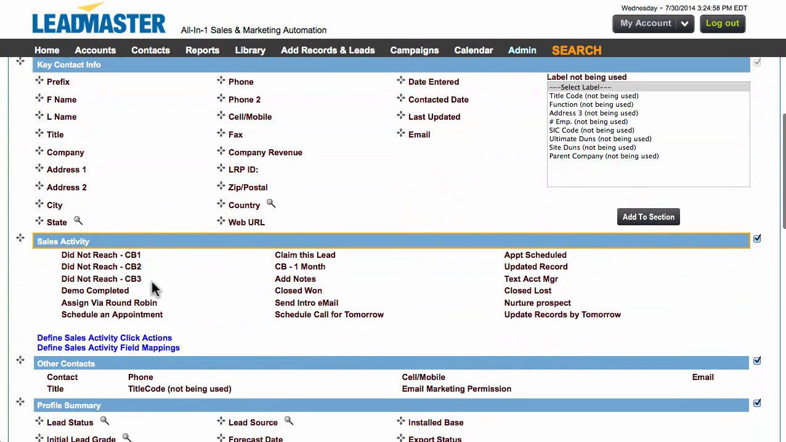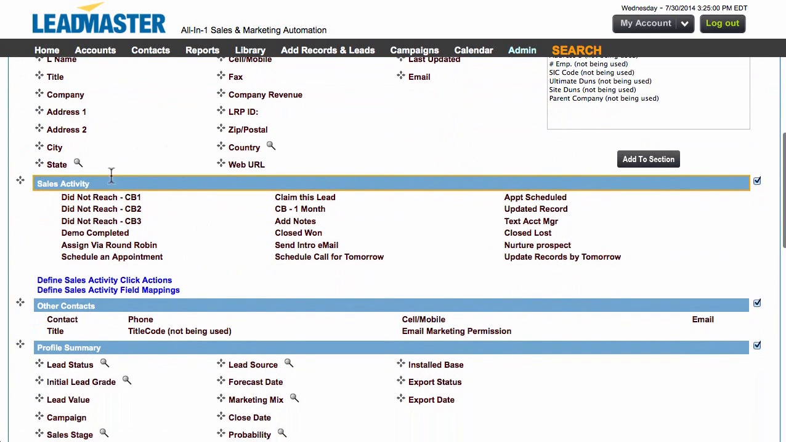So now here I am on the page, and I am going to scroll down to my Sales Activity section. You can see that we have Claim This Lead right here. So what I did was I actually renamed one of my old quick actions that I wasn't using as much anymore. But if you have used up all of your quick action sections like I have, you either need to rename one, like I've done right here,